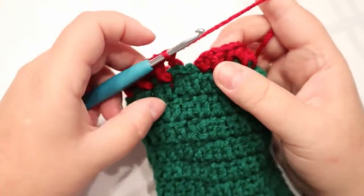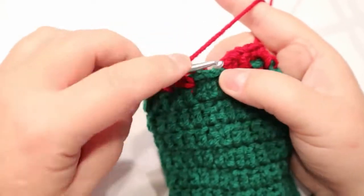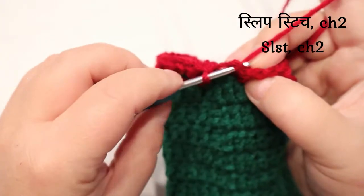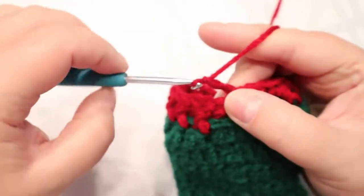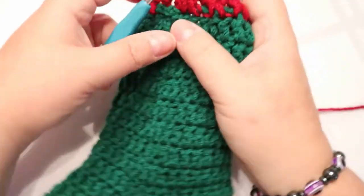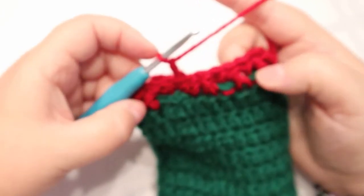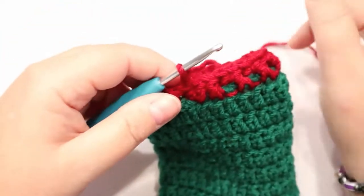So I'm back around at the beginning. I hope that was slow enough. We don't have really anything else to attach to, so we're just going to go over here and slip stitch to the top of that first chain. We're going to chain 2, and we're going to do it again. So 3 more rows, front post, back post, and I will see you. Actually, I'll show you how to get the second row started, but I'll see you on the other side of